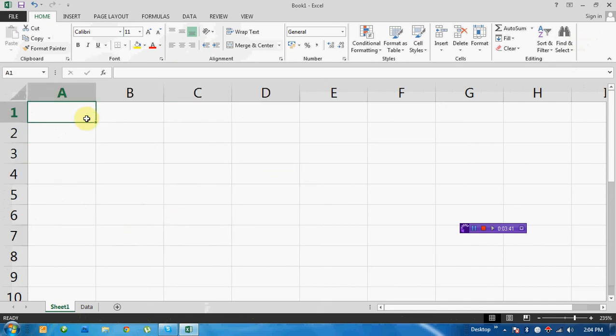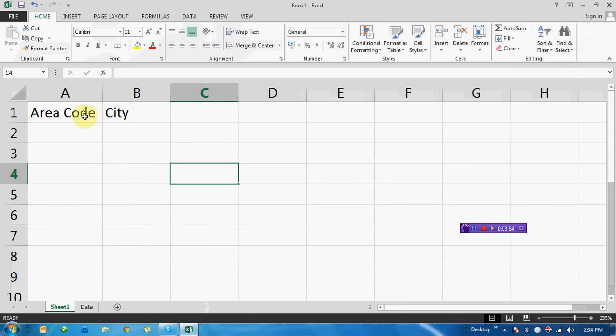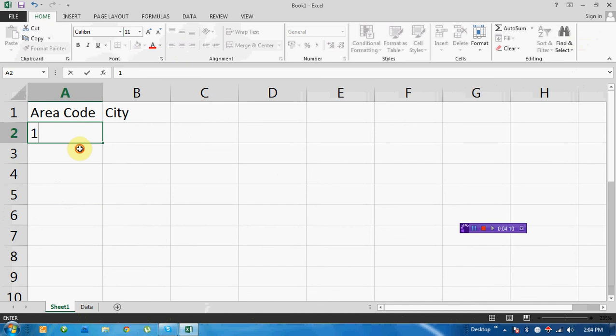Let's see here, for example, the area code, then the other column will be the cities. The problem here is that every time you put a number in the area code, the city should be displayed on the right side. So every time you put a number here, it should automatically give a city on the right side.